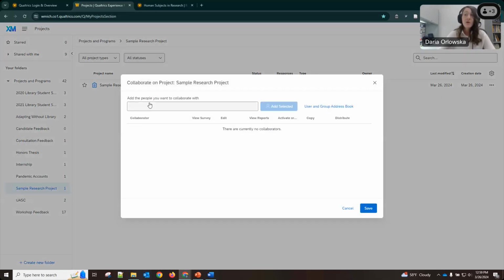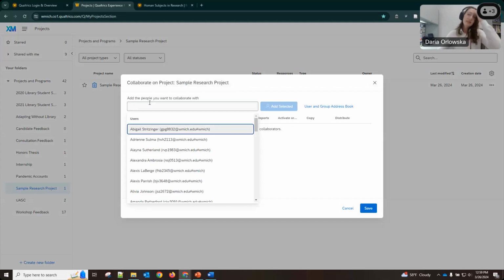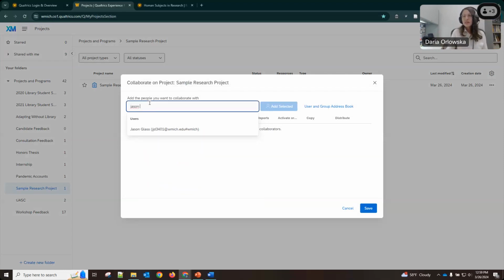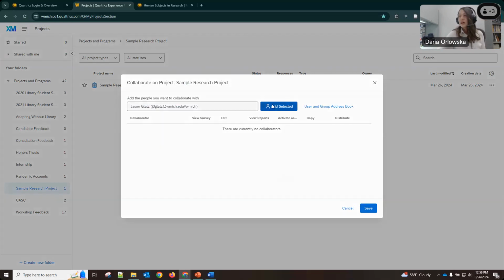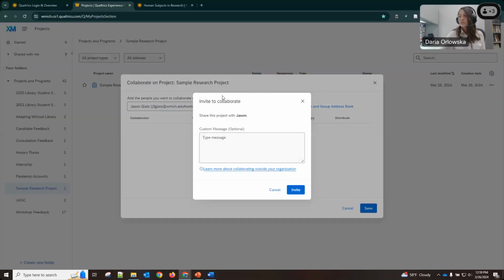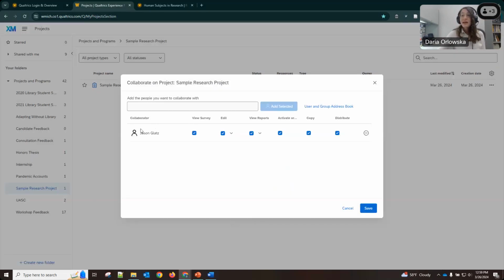and I can add who I want to have access to this study. Say that I want my coworker, Jason Glatz, to have access to this study, and I add selected. He will receive an invite to participate, and then I can say what permissions I want to give him.